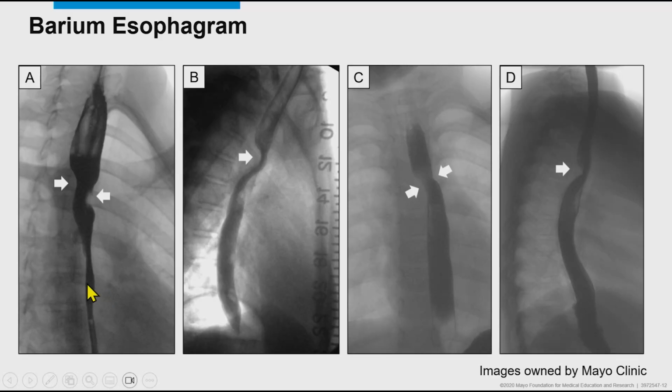And if you are more suspicious, another thing that is commonly available is the barium esophagram. In the barium esophagram, you let the patient swallow barium, and you see the esophagus. If you have a right-sided aortic arch, you'll see a rightward indentation. If you have double aortic arch, you see an indentation on both sides. Again, you can see the right arch being a little bit superior to the left arch. And in this patient with double aortic arch, you see a big indentation on the lateral view posterior to the esophagus.